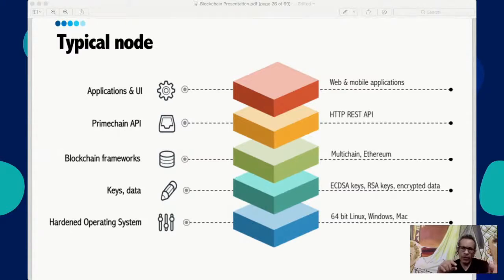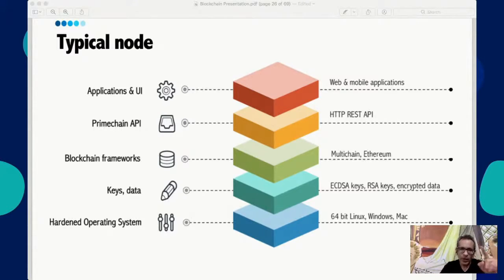On that Ubuntu server, I'm going to show you a demo of this very soon. And those of you who have already downloaded Multichain, you will be able to follow on your own server. But at the base, we have some server. If that server is not properly hardened, then you can hack into that and the blockchain's history. Ultimately, you must remember the blockchain is not like a Rajnikant. Rajnikant is unhackable and unbeatable. Blockchain is not like that. There are multiple levels of insecurity or vulnerability in it.